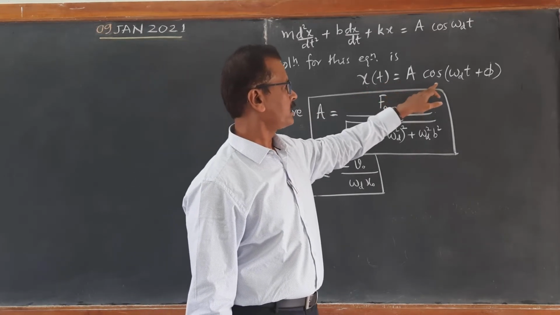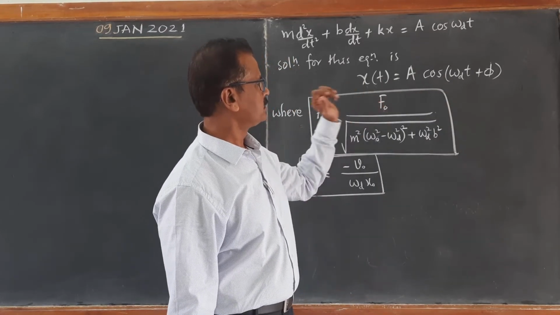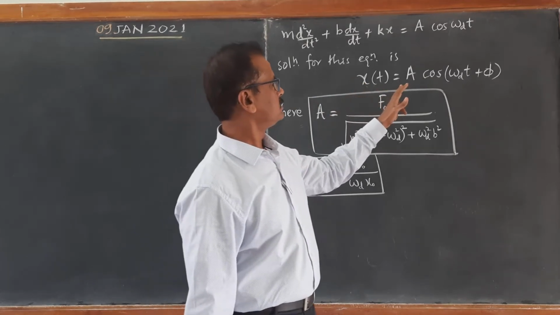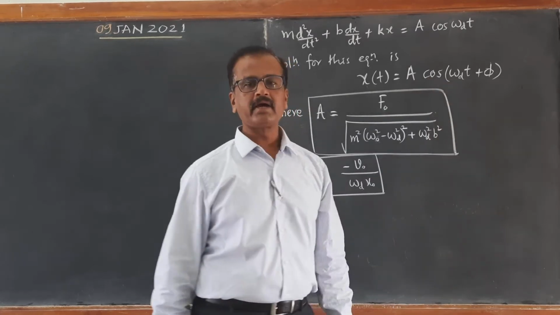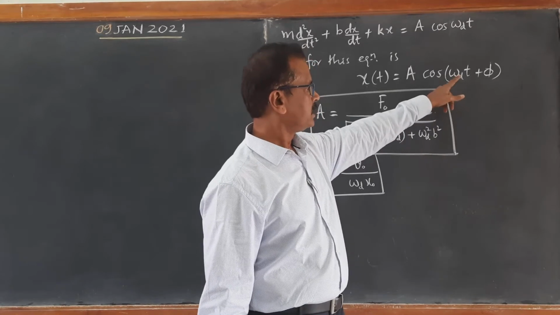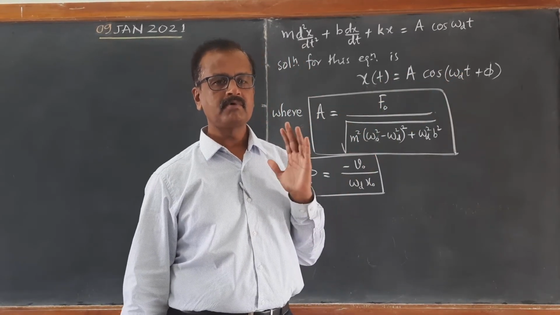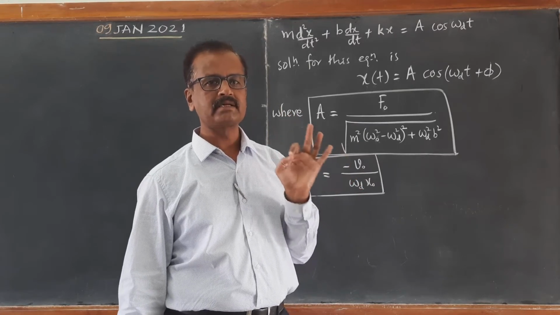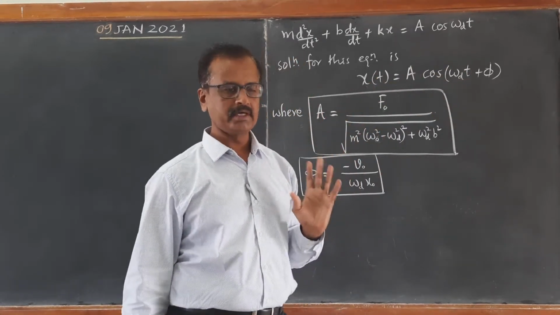x(t) is equal to A cos(omega d t plus phi), where you can see now the displacement of forced oscillations is depending on the angular frequency of the periodic force omega d, and t is the time which is counted after the external periodic force is applied. The moment the external periodic force is applied, from that moment time t is counted.